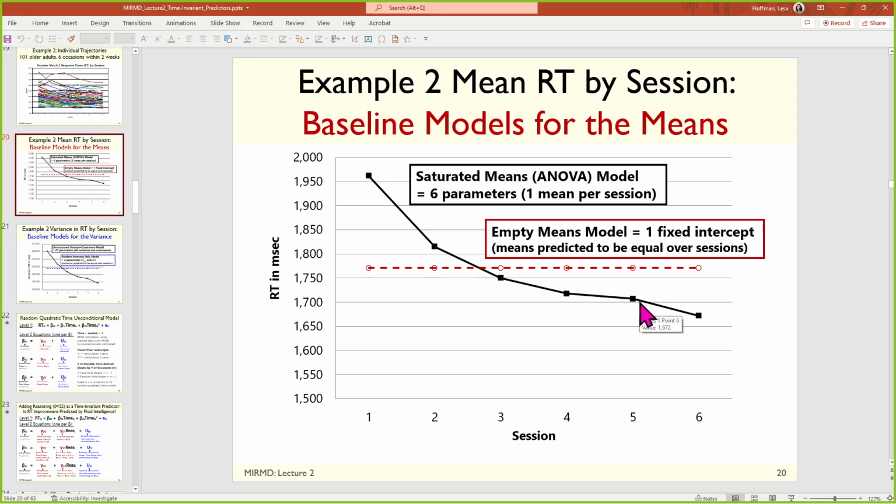Question from the chat. I'm currently in the process of developing a physical activity intervention. Curious as to your opinion, advice about things to consider while developing this intervention to strengthen the longitudinal analysis later. The intention is to have about 9 occasions with various measures, physical activity time, amount of time sitting. So is this an intervention that's going to be a between groups kind of thing, or a within subjects kind of thing? Still in the process of figuring that out. I believe it'll be more between groups though currently.